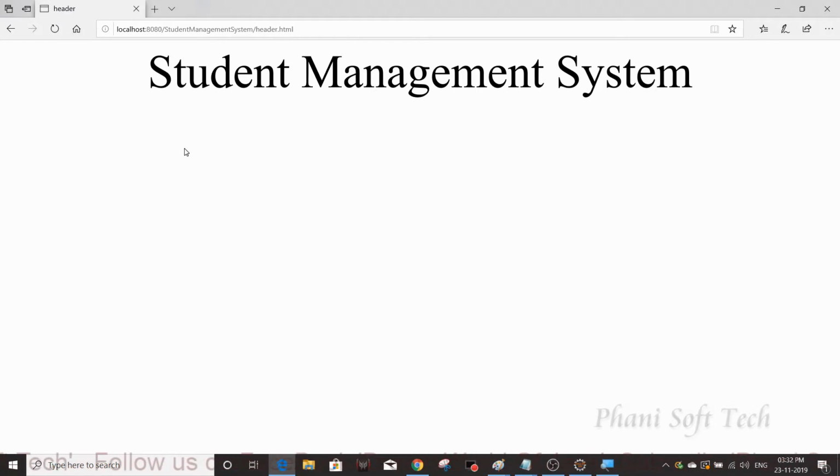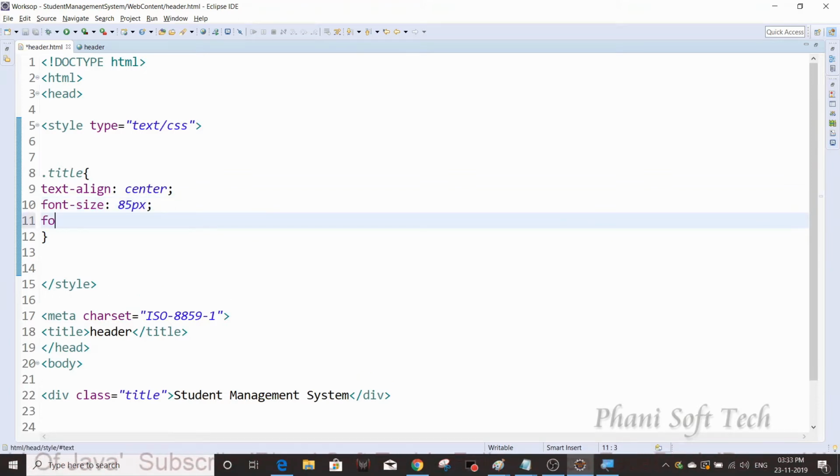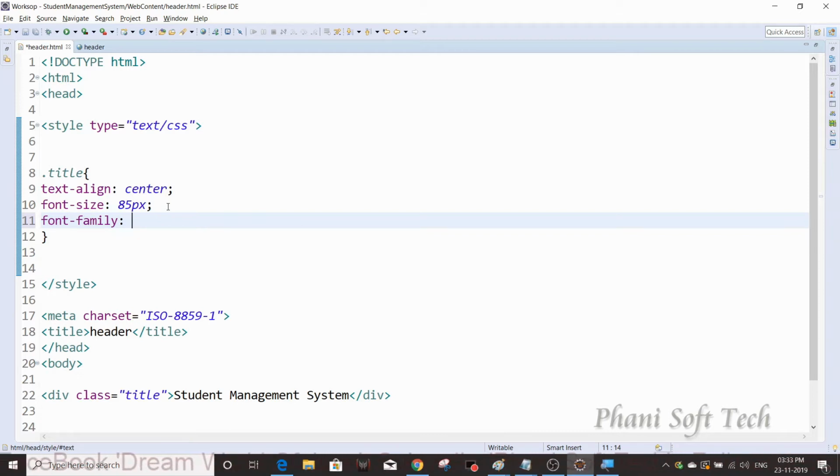Now I need to change the font style. That's what font family is for. Whatever font you want you can give. My favorite font is Cataneo BT.